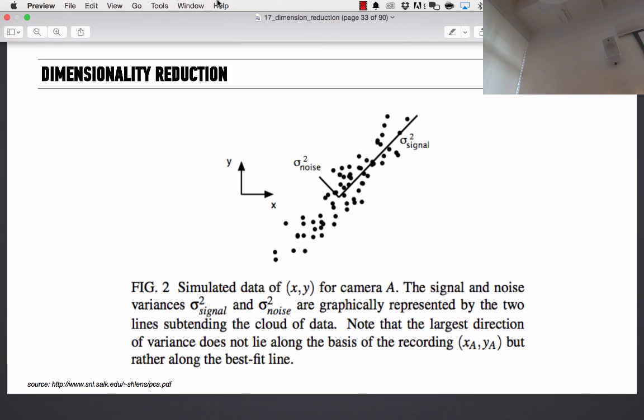So I want to make sure that if there are any questions right now, I get them cleared up. The point of what we're going to be doing, what the math will be telling us, is the directions of these lines. It will show us these axes and say, if you look at it from this perspective, the data makes more sense, as opposed to your traditional understanding of X and Y. That's the point of dimension reduction.